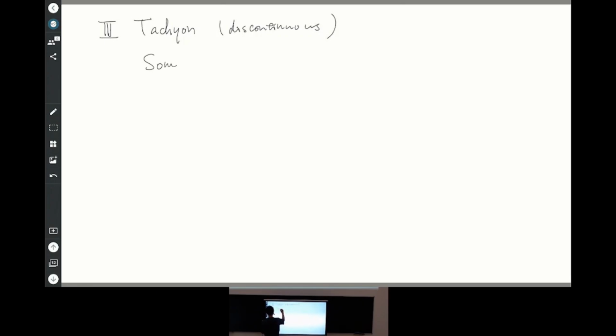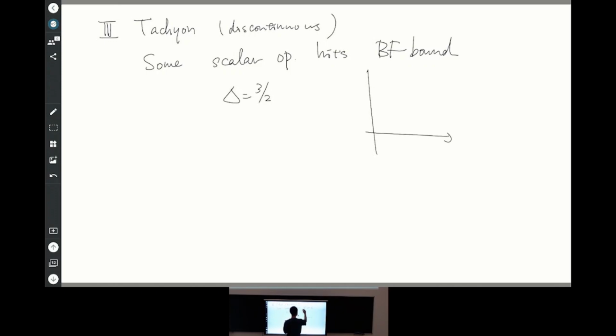So what they say is that maybe some scalar operator hits the BF bound, delta equal 3/2, at some critical value. So there is some operator whose dimension hits this bound. This BF bound is known as basically in AdS you can have slightly a negative mass squared, but below